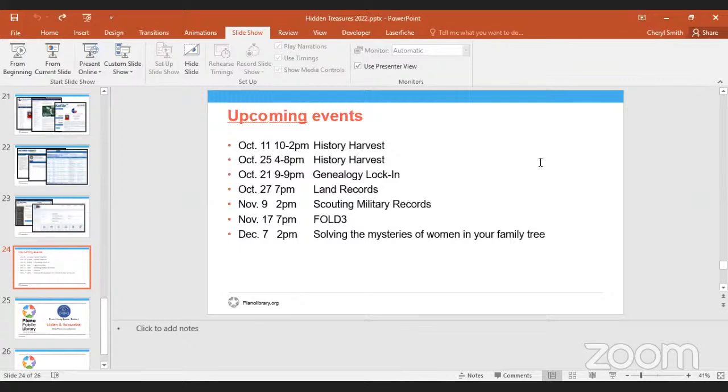There are libraries all across Texas. So if you don't want to come to Plano or you don't live in Plano, you can go and check out whether a library near you in Texas is doing it. Some of the libraries are having virtual where you can register and watch it online. We are not offering that this year. So if you live out of the state and want to watch it, I would check with Waco to see how you could sign up to watch it through Waco's